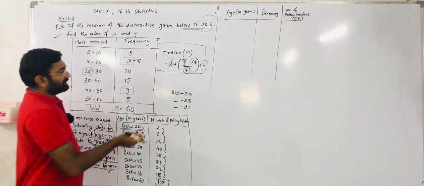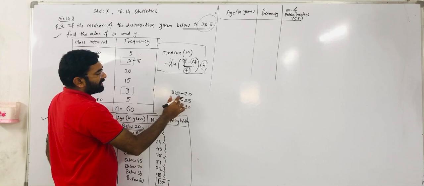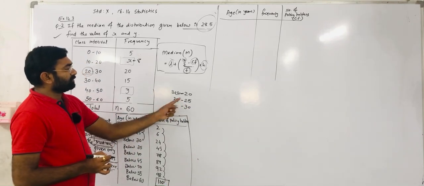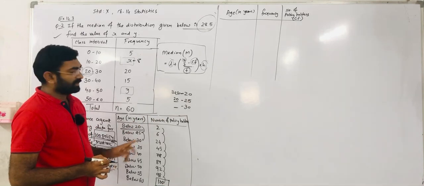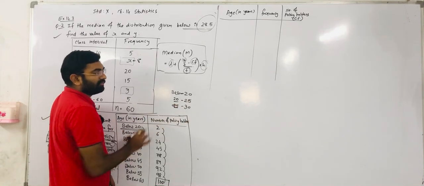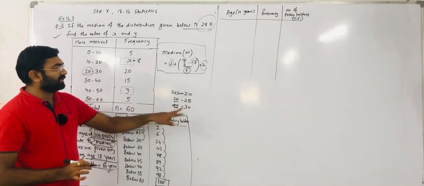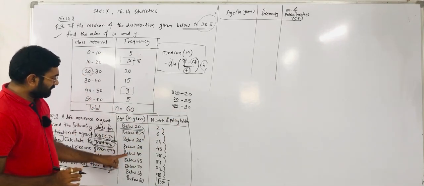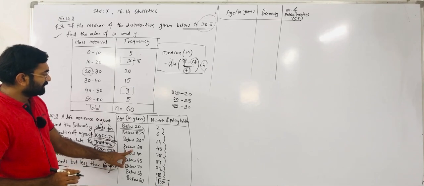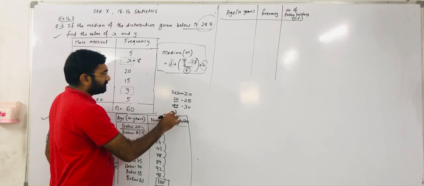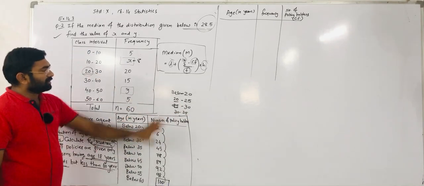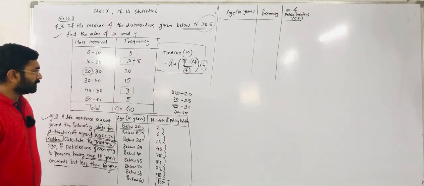In the second class, how can we define it? Here 25 is the upper limit, so as per the 5 years difference, we have to start from 20 to 25. Same way, here the upper limit is 30, so we require a 5 years difference. So next is 25 to 30. Same way for below 40, below 35, so 30 to 35. Right? Okay. So every way you have to mention all the classes in group form.